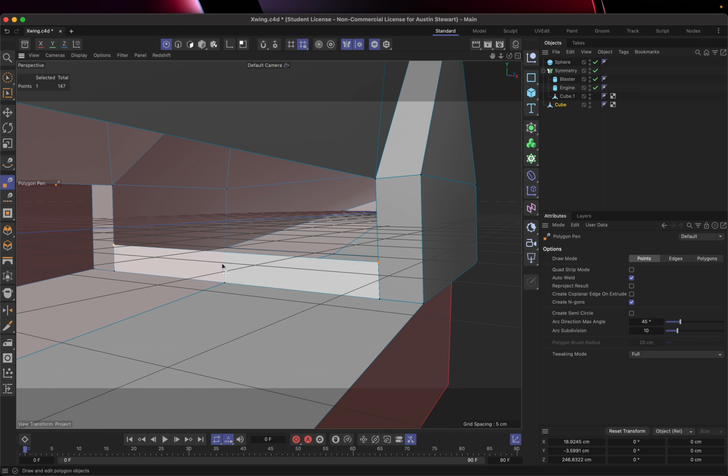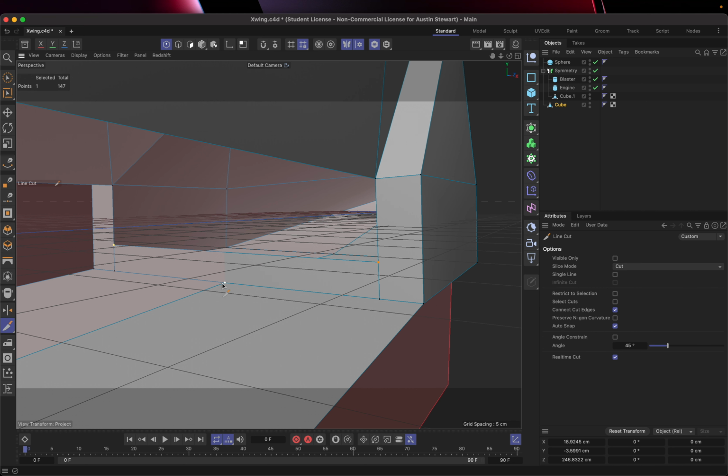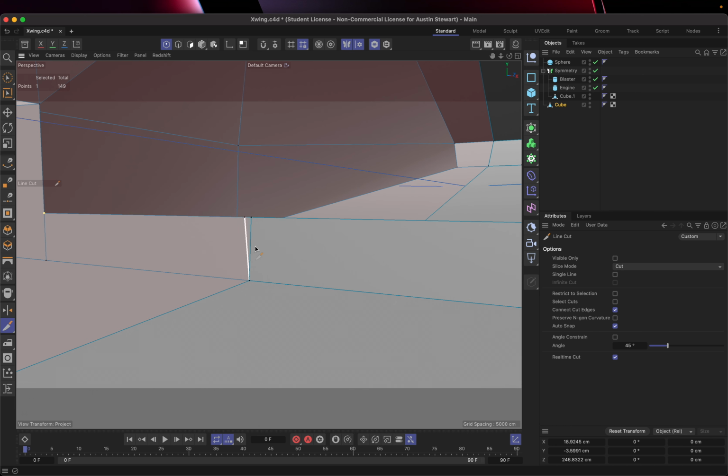I may want an additional point in here. So to do that, I can use my knife tool. I can say K, just click, come up to this edge. In this case, if it's not perfectly centered, it's not the end of the world. Oh, but maybe it is the end of the world. So you can see I did that, but then it mirrored it and I was off a little